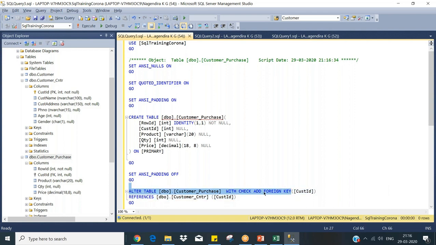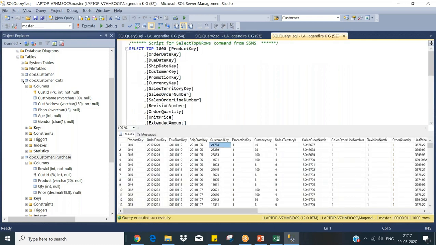See, I told you once, foreign key will enforce a check constraint. So that is what it said, with check add foreign key customer ID in the purchase table. Okay, references this particular customer constraint. This is the way it will be created. Now moving on to our example here,